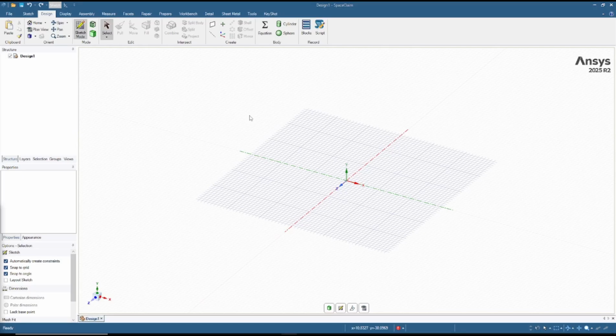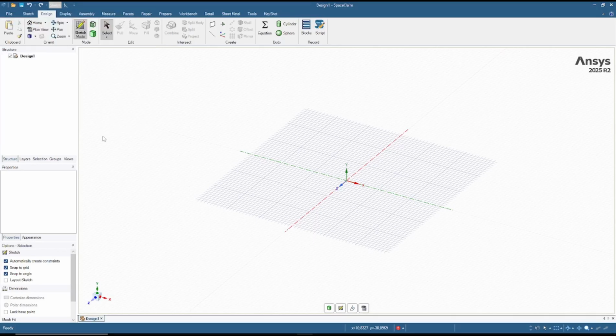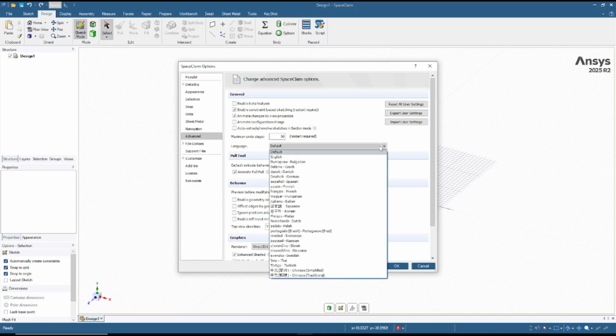If you want to change the language in Ansys SpaceClaim, you can go to the File menu and click on the SpaceClaim Options button. The next window will show the SpaceClaim options. Now you can click on Advanced, and in here we have the language tools. You can click on the drop-down menu, and there are a lot of options to change the language, like you